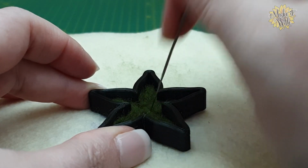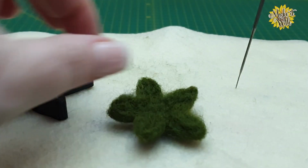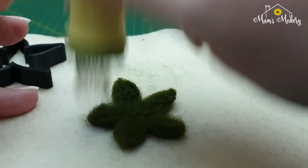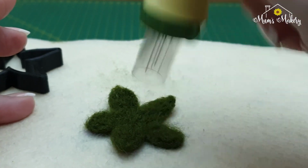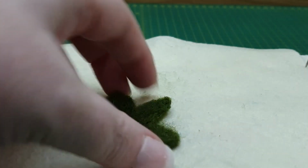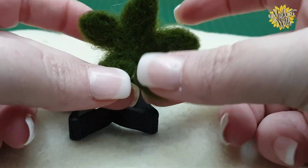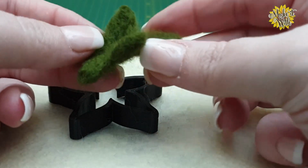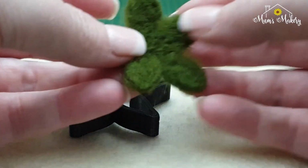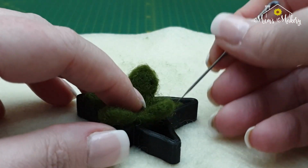Okay. That's looking good. Lift, tickle. Bringing in my multi-punch now. And if you wanted your middle part, I don't even know if I'm going to be using this yet. I suspect I will, but if you wanted these to be a little rounder rather than pointier, then at this point you could just work on it outside of the template. I'm going to have mine a bit pointy, so I'm going to pop this back in,